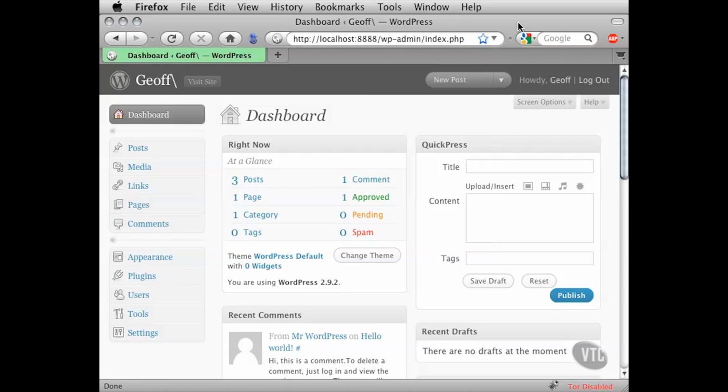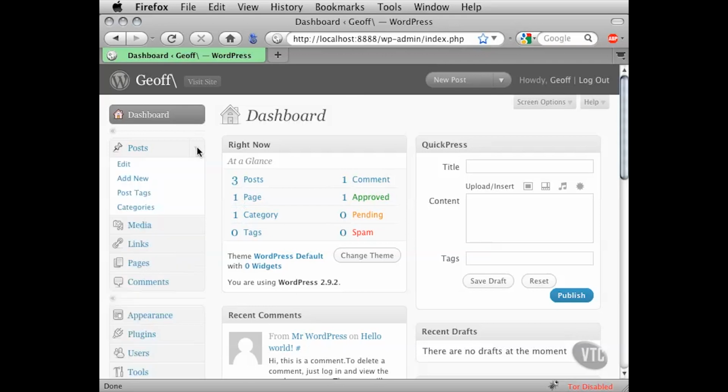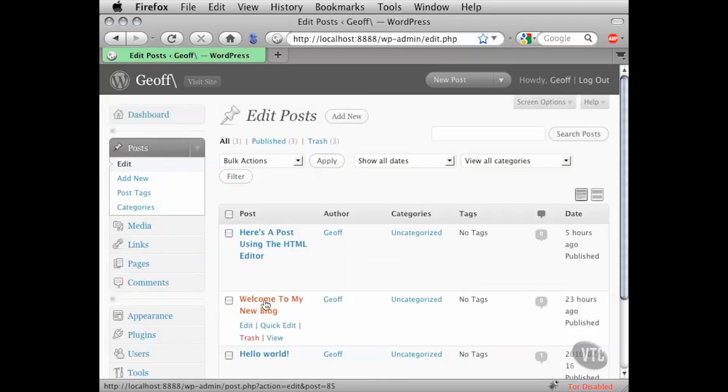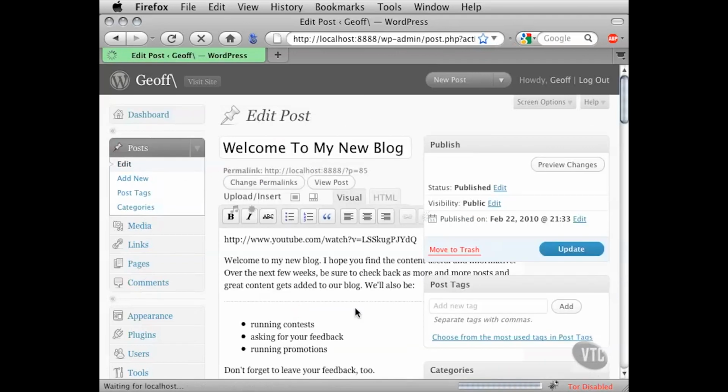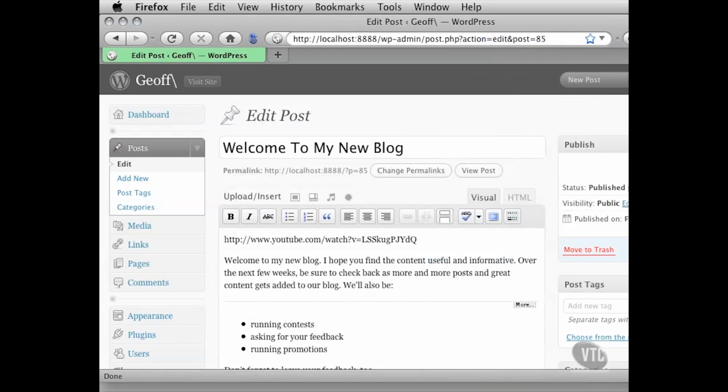And again, unfortunately, without the assistance of plugins, adding audio to posts is a bit of a letdown here in WordPress, but I'll walk you through the paces at least anyway, so you know how to do it. So as always, I'm going to flip open the posts category over on the left-hand side into Edit. Let's grab that welcome to my new blog post, pop that fella open,